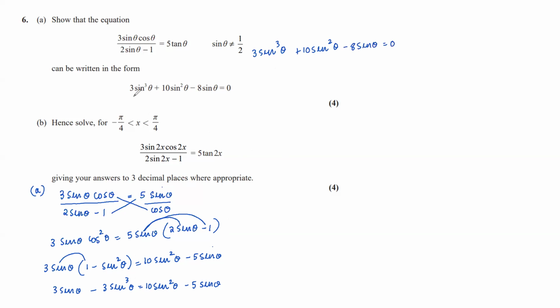This is what we had to prove: 3 sine cube theta plus 10 sine square theta minus 8 sine theta is equal to 0. So hence proved. Now for the B part here,